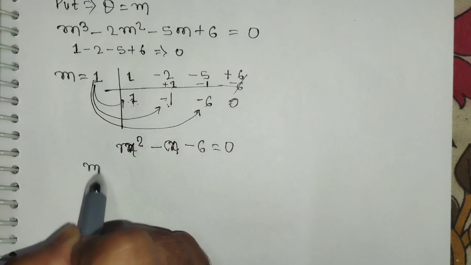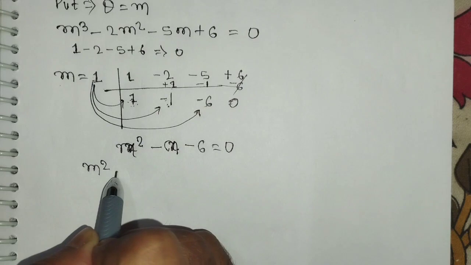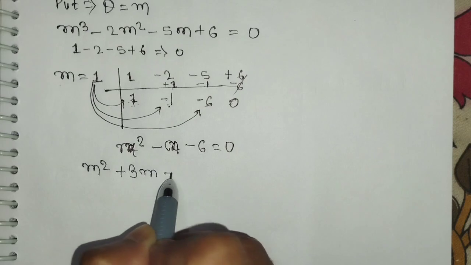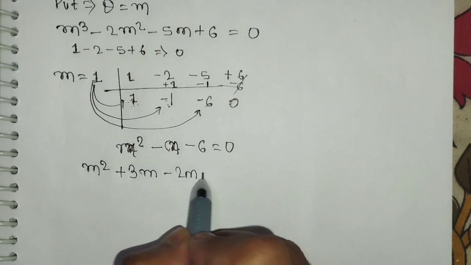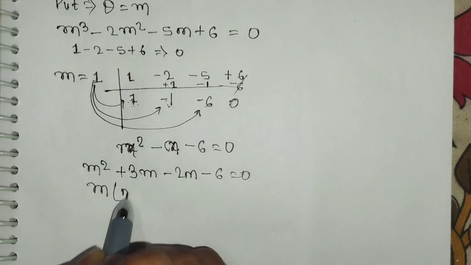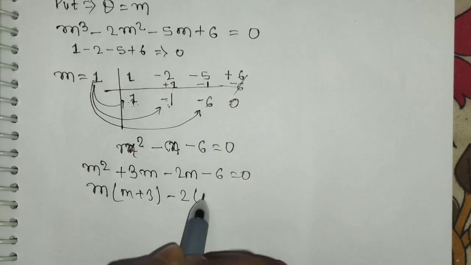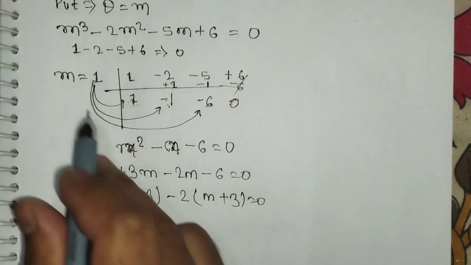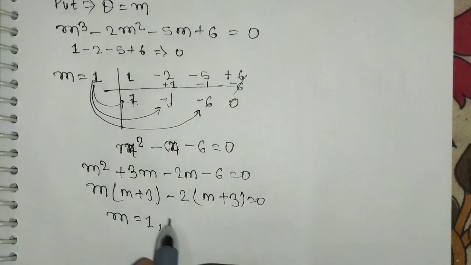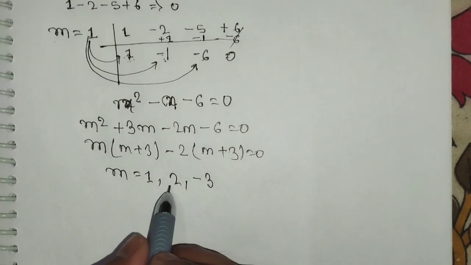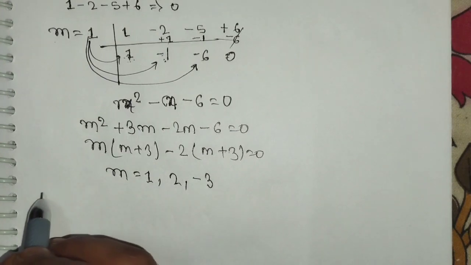So the factors will be m^2 + 3m - 2m - 6 equal to 0. So m(m + 3) - 2(m + 3) equal to 0. So the first root is m equal to 1, the second is m equal to 2, and the third is m equal to -3. So the roots are distinct. Roots are different, so the CF